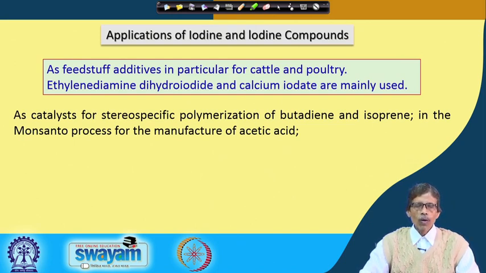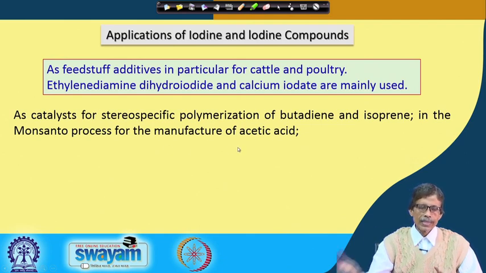So, small amounts of all these are very much useful for the development of new catalysts in different industrial sectors. One such use is the production of acetic acid. Monsanto is the company which produces large amounts of acetic acid from basic ingredients, and there also iodine based compounds are utilized as the catalyst. So, if you have the very basic idea that a large number of these iodine based compounds are utilized as the catalyst, so always you think of